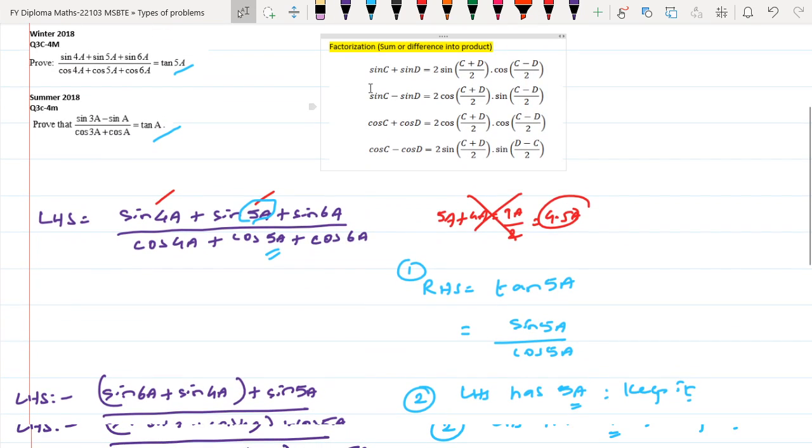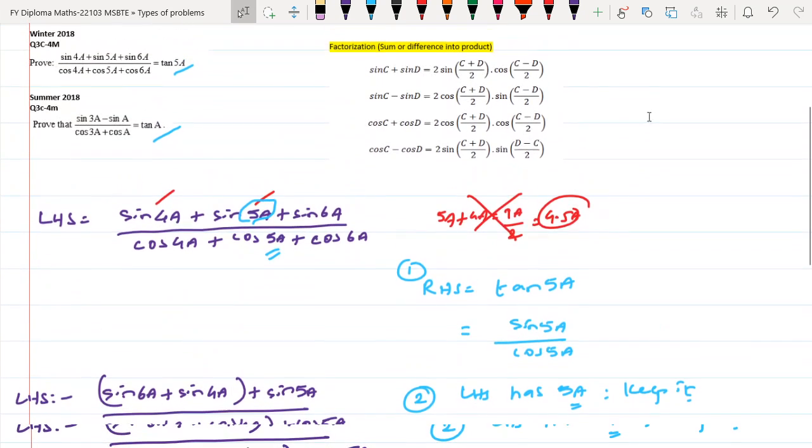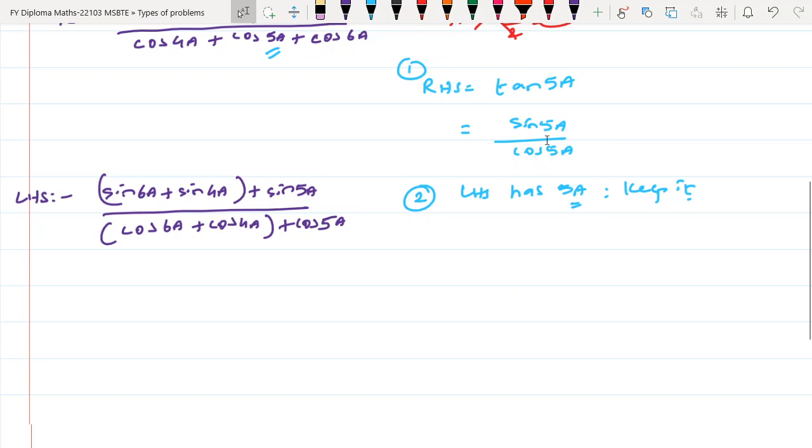So if you see here, sine C plus sine D is equal to 2 sine, you add both the angles, divide by 2, and then you subtract both the angles and divide by 2. So let's apply the formula straight away, and I've just written this formula here. In exam you need to write this formula so that you can get the marks. That's kind of the standard rule that you have. So over here I'm going to write left hand side is equal to 2 of sine